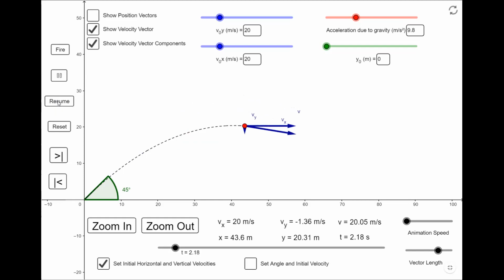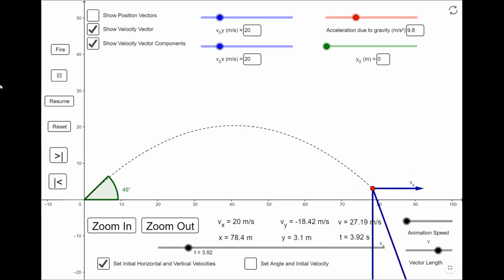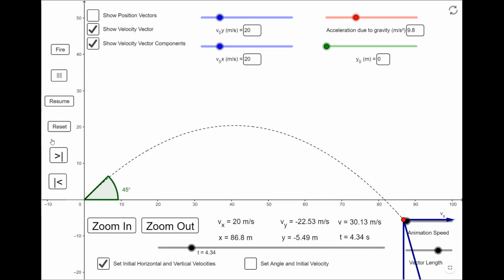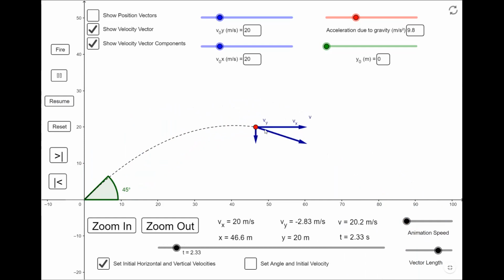As it passes the maximum height, there will be an increase in the velocity in the y direction, because gravity will be pulling the ball, but the component in the x direction is still constant. Let's reset. In the entire motion, you can see the x component always remains constant because the acceleration due to gravity acts perpendicular to the velocity in x. When acceleration is perpendicular to the velocity, there is no change in that speed, but the y component is constantly changing.